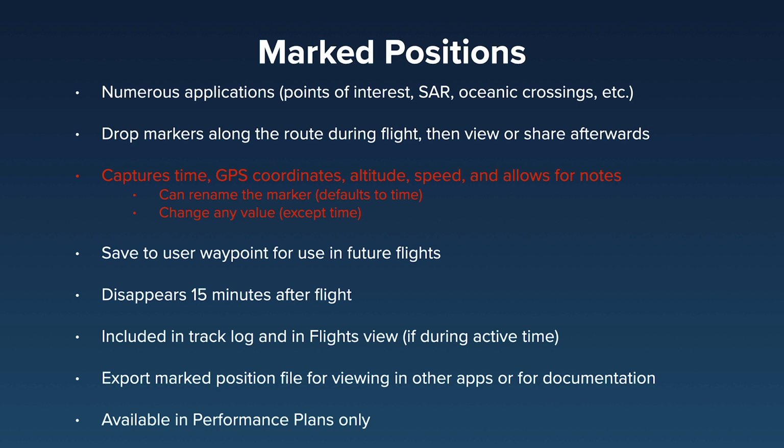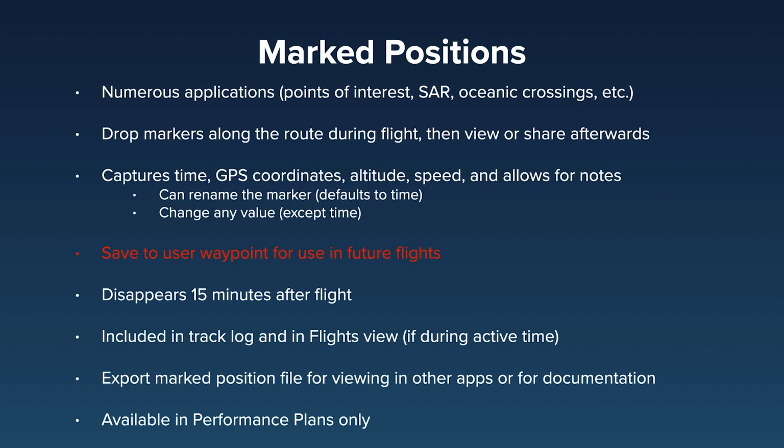You can rename these markers or just keep the name as designated, which is going to be a time. And you can change any values on them except for the time. You can save them to create a user waypoint so you can use them in future flights. Now, these will disappear 15 minutes after the flight in their raw sense of marked positions, but they are retained